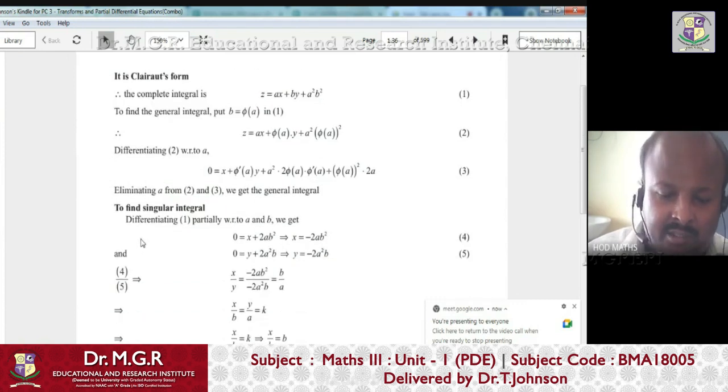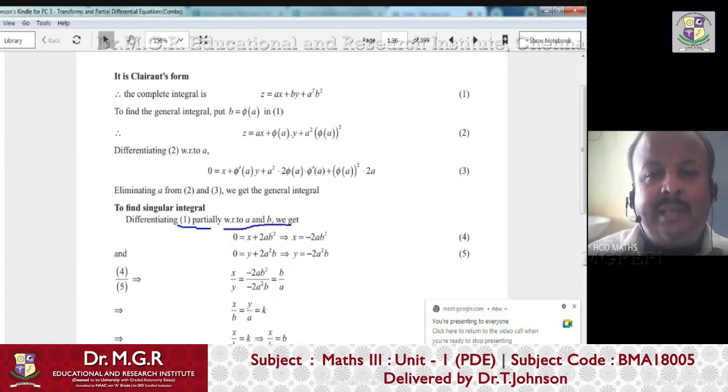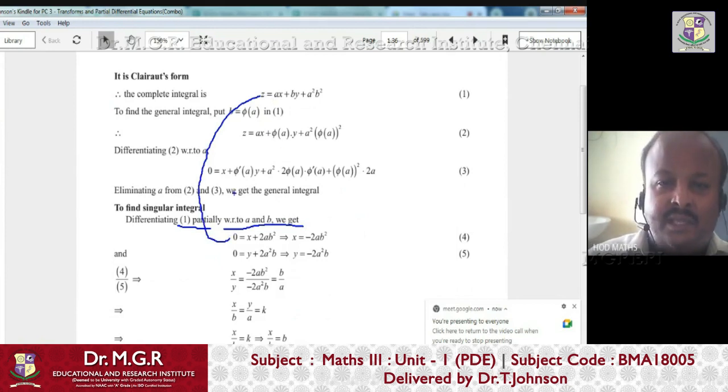So here they are writing differentiating the complete solution partially with respect to a and b. Just like you were differentiating so far partially with respect to x and y, dou z by dou x and dou z by dou y, now you differentiate the equation with respect to a and b, right? z is a function of x and y only, not a. So if you differentiate z with respect to a, it becomes 0. And then ax, if you differentiate, it becomes x, because a is a variable, x is a constant here. If you differentiate by with respect to a, both b and y are like constants, so it becomes 0.